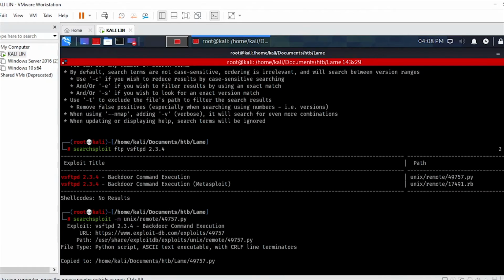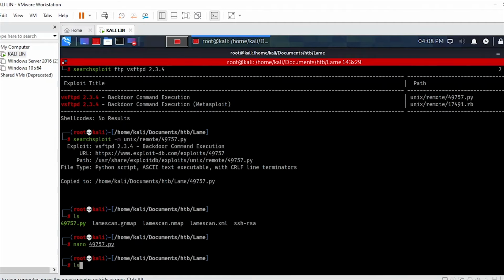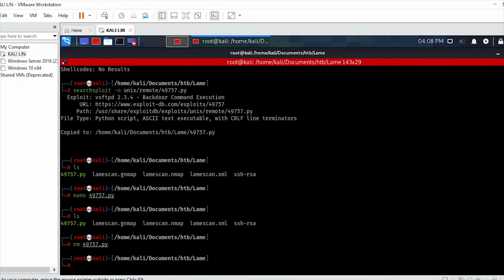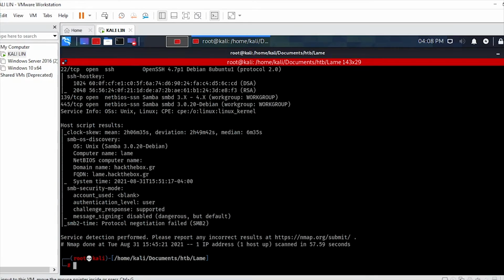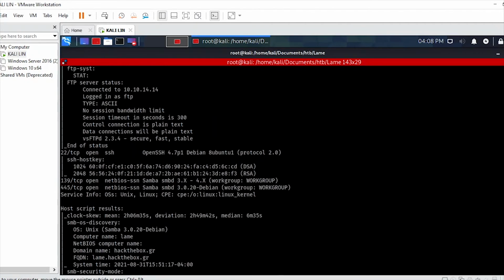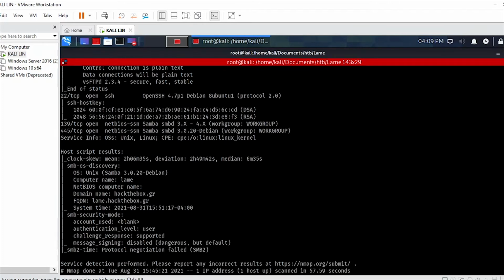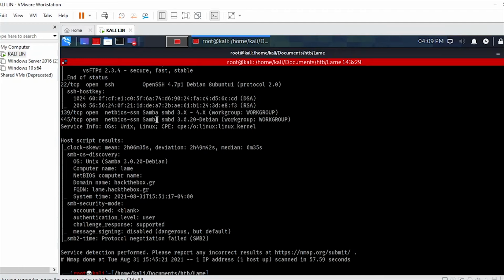We can actually do another example. Let me just remove this, I don't want it here, and then we'll cat the Nmap scan again. Look at what we have. We also have OpenSSH, and we also have Samba. So let's look at Samba SMD because that might be the easiest one. So say Samba SMD